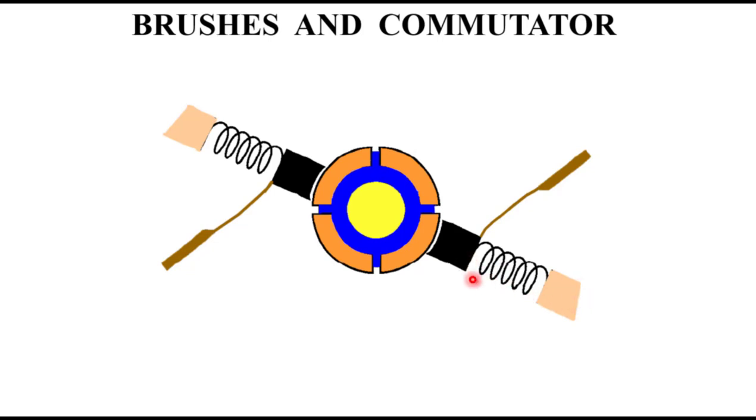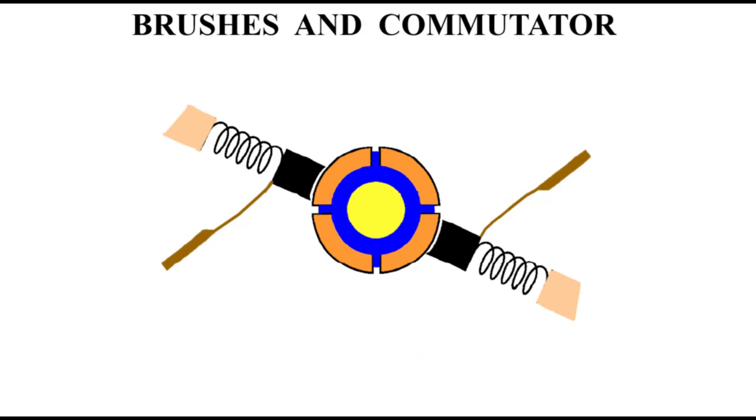These springs are there to exert constant tension because this is rotating. There's a tendency for this to bounce around a little bit. So the springs help hold that tight against this. And especially because this is carbon, this will start to wear. Brushes will start to wear down, and the gap that would develop would have to be compensated for, and the spring does that. It keeps constant pressure on this so that as the brushes wear, there's still adequate contact here